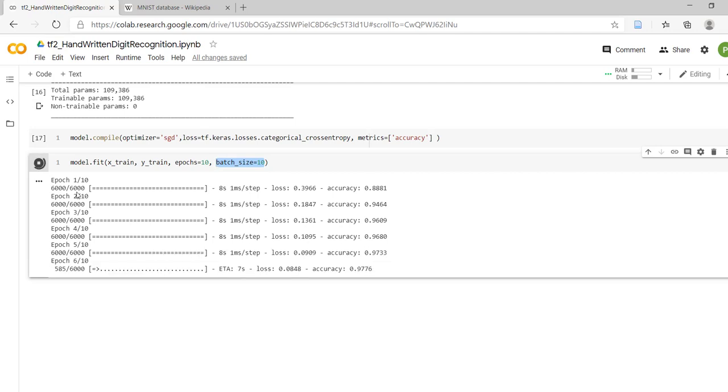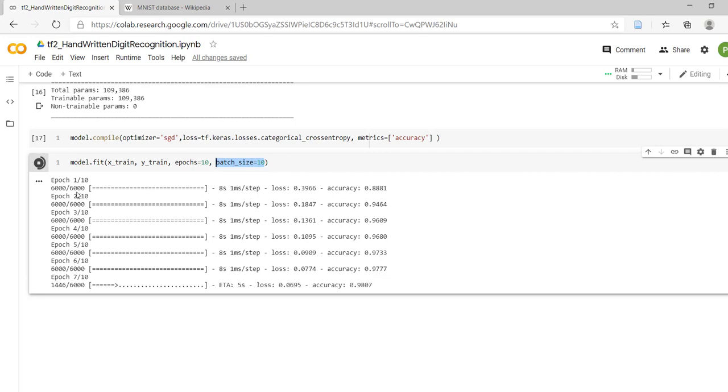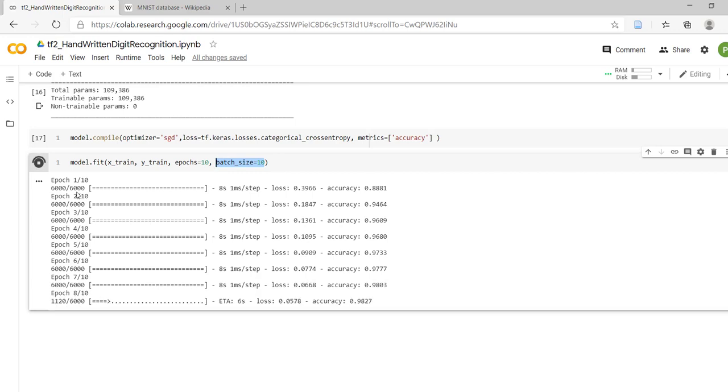After each batch, weights will be updated. So there is no necessity to update the weights for each training instance, but only after the batch. And this will continue for 10 epochs.